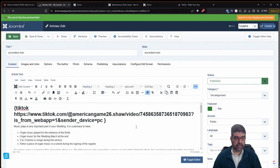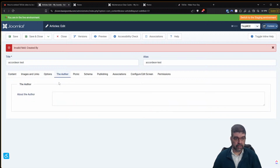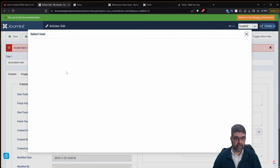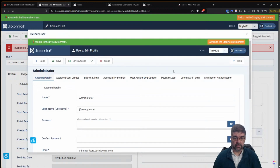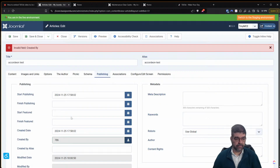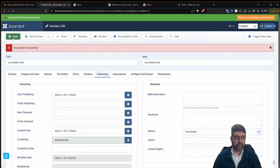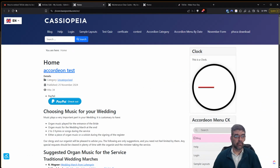Now, let's save. This might get removed. Invalid field created by. Okay, when you get that, it's because the created by author does not exist for some reason. Hide forever. That's what we want. Oh my goodness. That, administrator, save. All right, so we've got the tag in there, and it's formatted. It's got a lot of formatting here because it's set for heading 2. But now when we refresh,